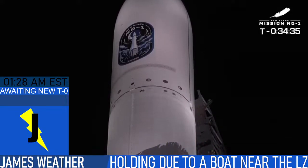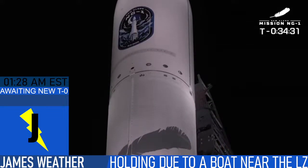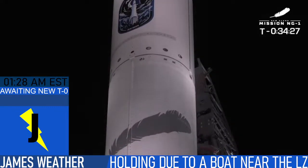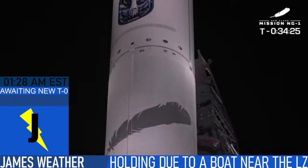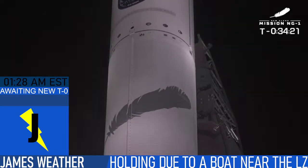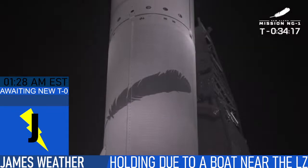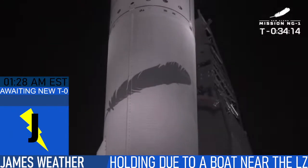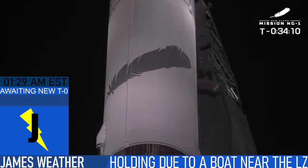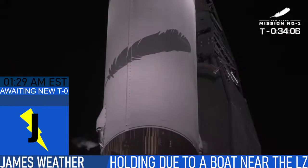Unfortunately, we have had to go into a hold, and as you've seen there, we are now at T-minus 34 minutes. Unfortunately, there is a boat that has errantly come into the cleared range, and we're going to have to clear that boat out. So that is going to take us some time here. As we have said before, our number one objective this evening is to get to orbit safely. And that includes not just the rocket, not just